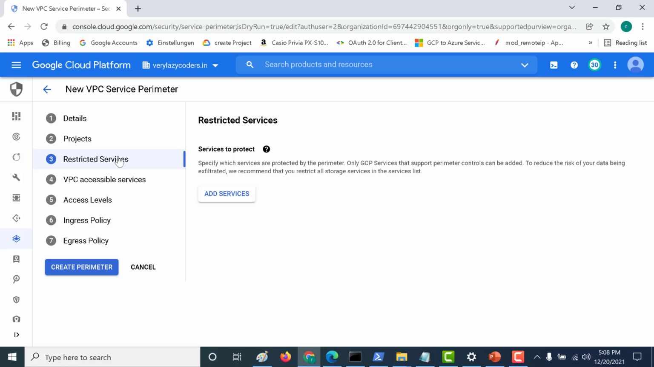And here is where you need to restrict your service. So this is basically the service that you need to protect. So for our first example, what we'll create is a very basic perimeter for our cloud storage. And once we've done that, we will see whether it has actually worked or not. The other options here will apply in the upcoming chapter. So for the current scenario, for the first chapter of this playlist, let's just click on add service